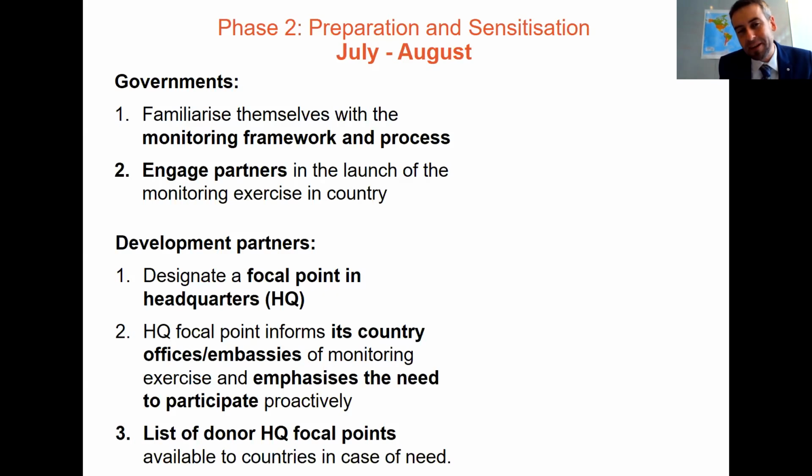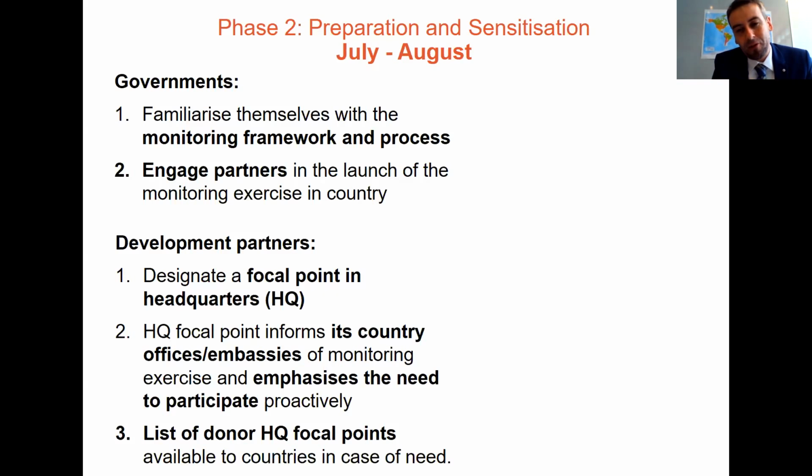This is a very good practice, because once you have a sense of the sample partners that you want to engage in this monitoring process, and that could include bilateral and multilateral agencies, the different global funds there like Gavi and the Global Environmental Facility, etc. You can think also of emerging donors that are increasingly important in many countries.